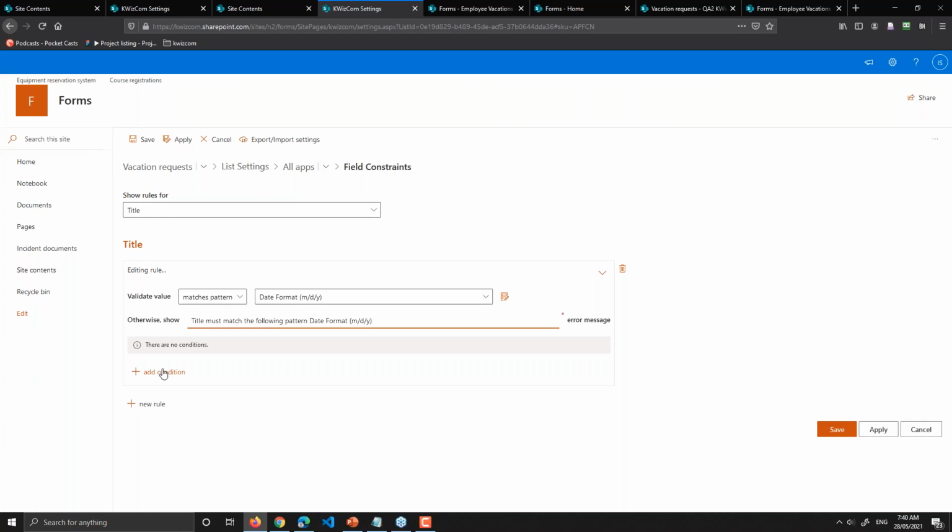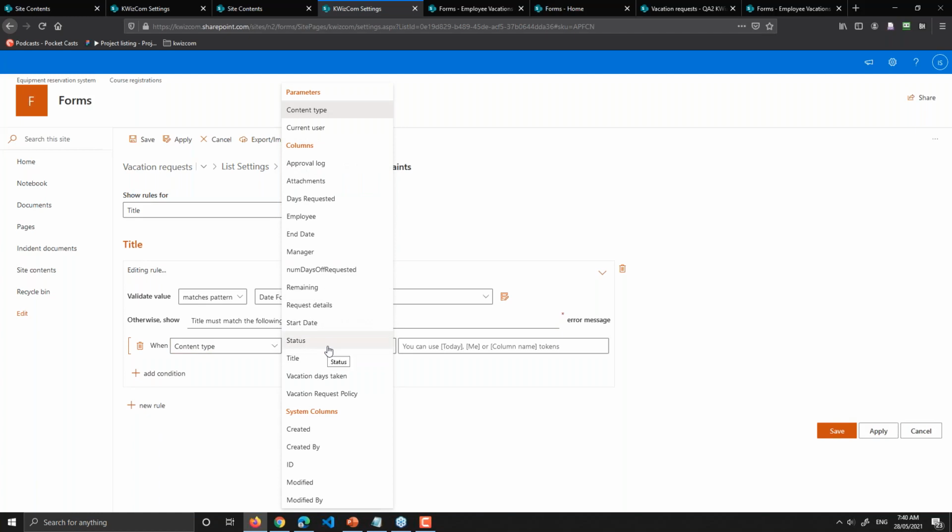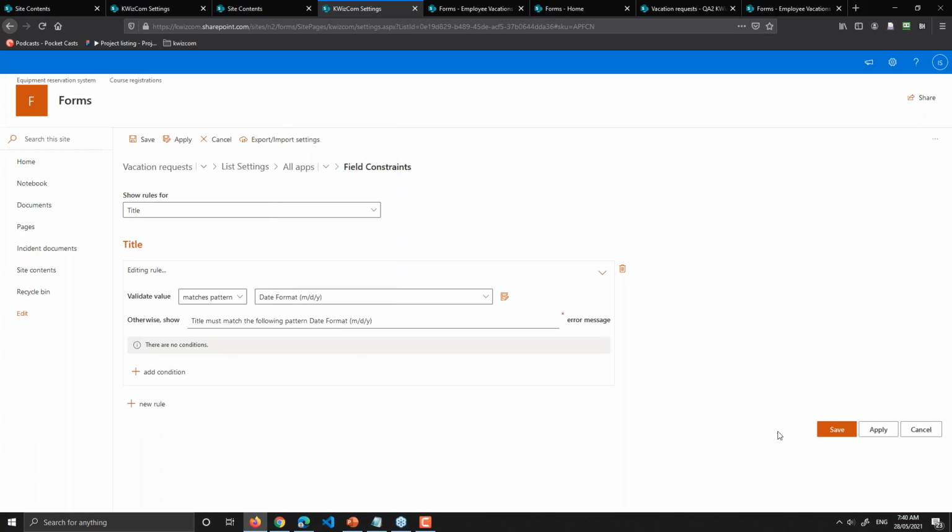And the validation rules can be very complex, like they can only be applied under certain conditions. And those conditions can even refer to other fields. So you can say if the status is processing, only then apply that rule. If the status is approved, then apply a different rule. So you can do a very, very complex